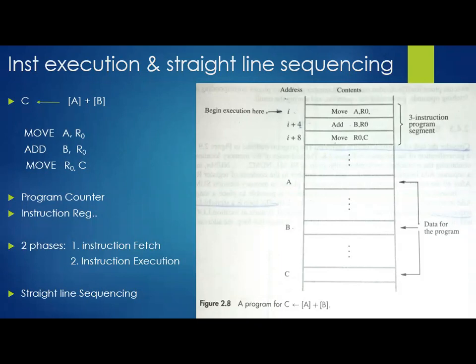That is instruction execution and straight line sequencing. So here we got two different topics: instruction execution as the first half, and straight line sequencing as the second half. Straight line sequencing is a very simple topic, but here we need to discuss a few concepts of basic operational concept.